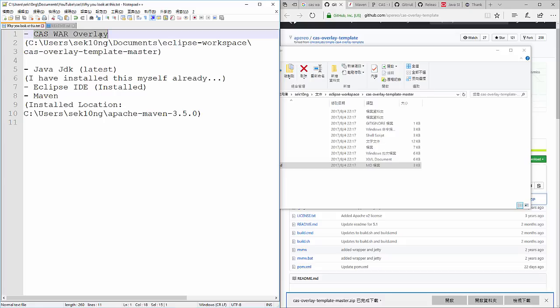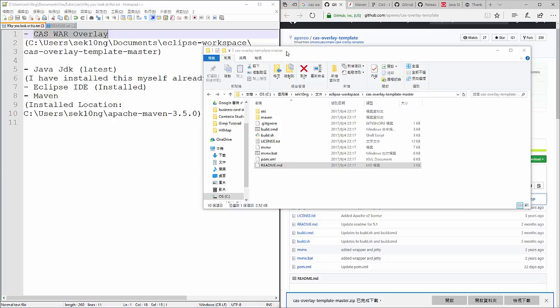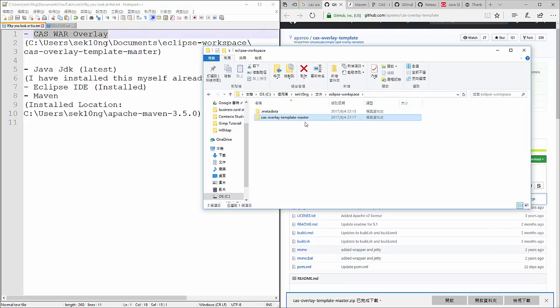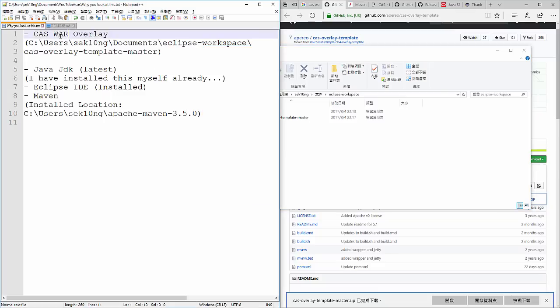Because this is the most important one, and this is the one that we want to build, I'll go to this directory here. This is the directory where I've saved the CAS overlay. The term overlay may be confusing to you, so just think of it as a CAS directory, a CAS project.